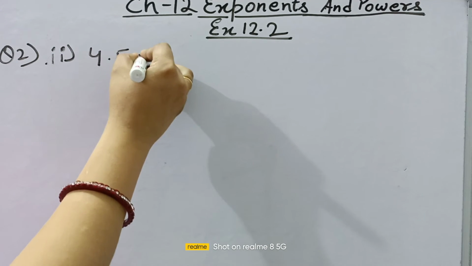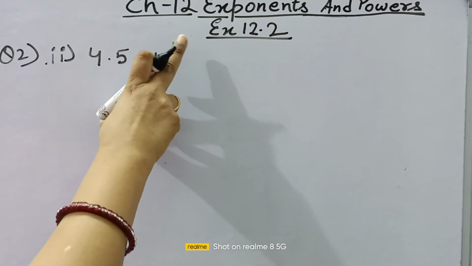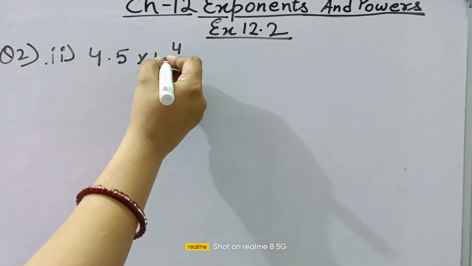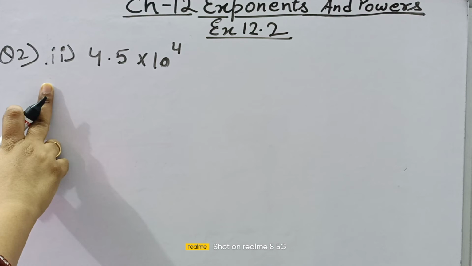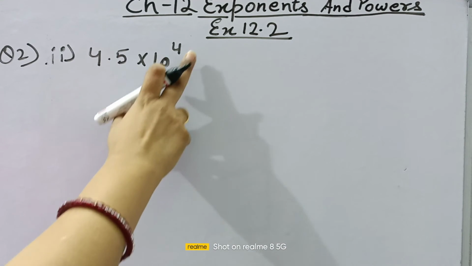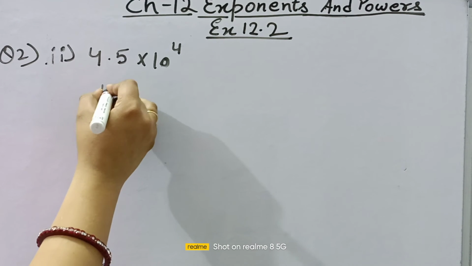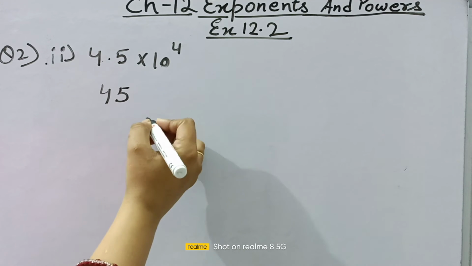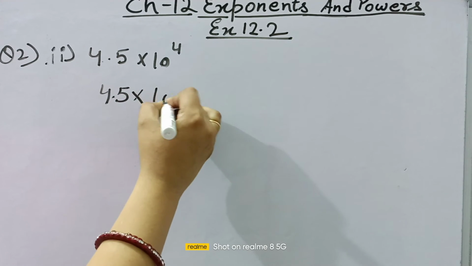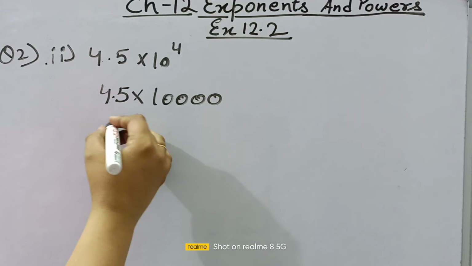This is 4.5 multiplied with 10 raised to the power 4. Now the exponent is not negative, so that means we cannot shift this decimal to the left hand side. We have to multiply this number with the exponent of 10. So when we multiply this number with 10 raised to the power 4, or 10,000, it will become